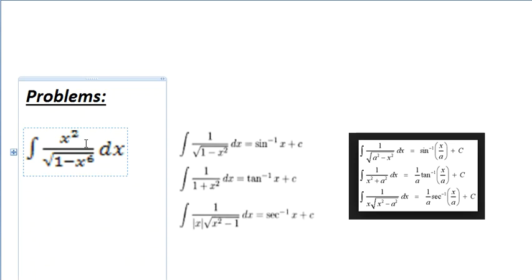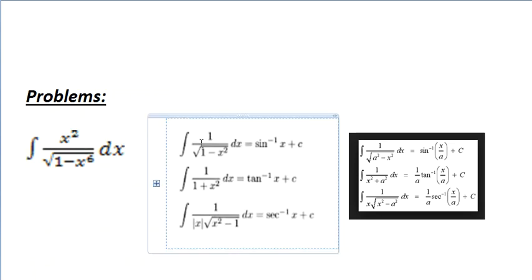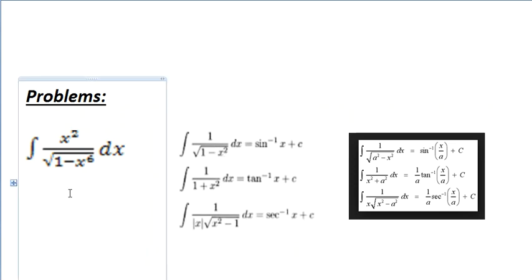But wait, before you do that, look at these formulas. Does it look similar to any of them? Certainly it is not 1 over 1 plus x square, and it is not the second format of mod x times square root of x square minus 1, but it does look a little bit similar. I mean, not the same, but it does look a little bit similar to square root of 1 minus x square, right? So what if I